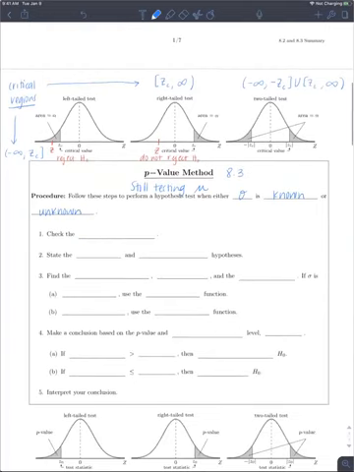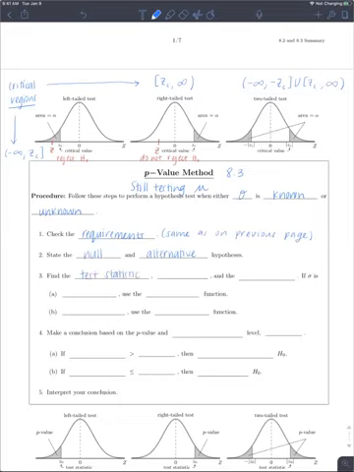And so the very, very first thing that you need to do is check the requirements. It's the same requirements from above, so same as on previous page. And then you state your hypotheses, the null and alternative. And then here, this is where it starts to change from the critical region method. So you don't need to find the critical value or the critical region, but you do need to find the test statistic still,